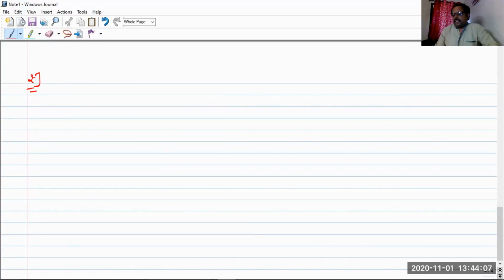The sum is: a tree breaks due to a storm and the broken part bends so that the top of the tree touches the ground, making an angle of 30 degrees with it. The distance between the foot of the tree and the point where the top touches the ground is 8 meters. The question is, find the height of the tree, right? We need to find the height of the tree.